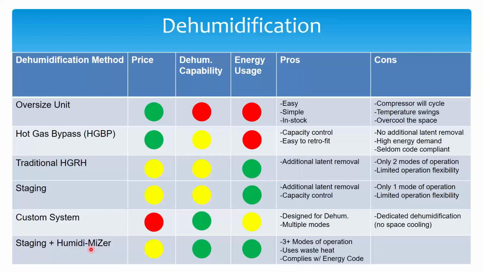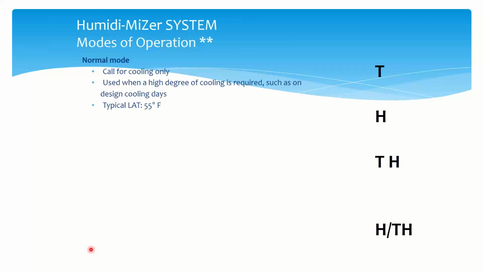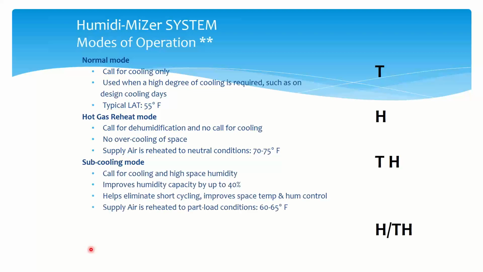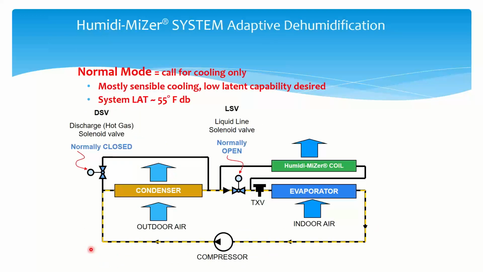Humidizer is a 3-stage version of hot gas reheat. It's just like a little beefed up version. But basically what it does is it allows you to run in a cooling mode, or it allows you to run in a dehumidification mode, which we call hot gas reheat. So a humidity sensor would be in the space and it would engage the system. And we can also run in a mode that combines both temperature and humidity control simultaneously. I wish we had time to dive into all the piping diagrams of that. I have them on here, but I'm looking at my watch thinking maybe I'll just do like the